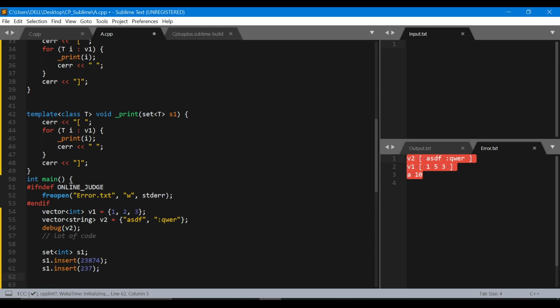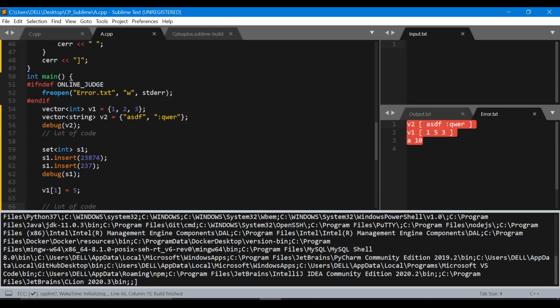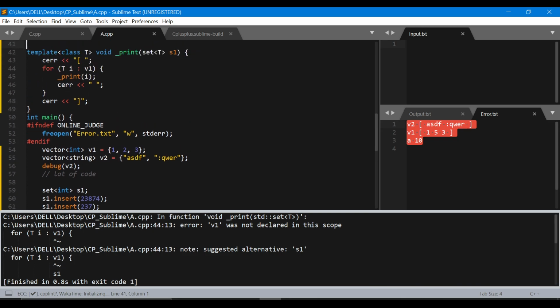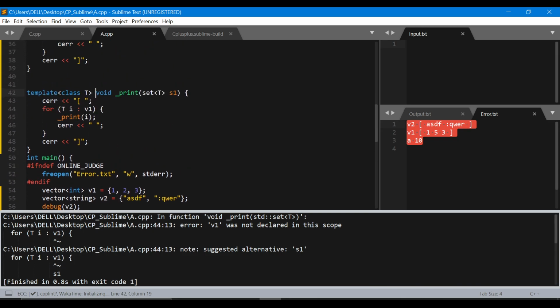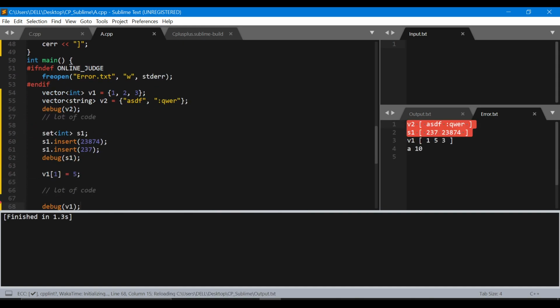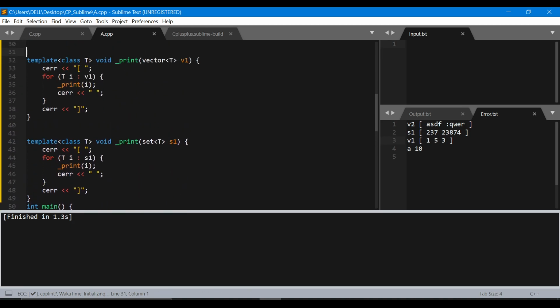Let's keep this number small. And let me do debug s1 now. Okay, so there seems to be some issue here. Yeah, this has to be named as s1. So now you are also able to debug a set. So this is like very standard now.